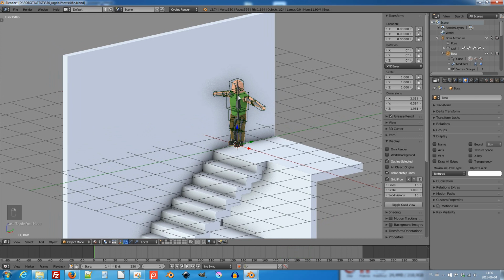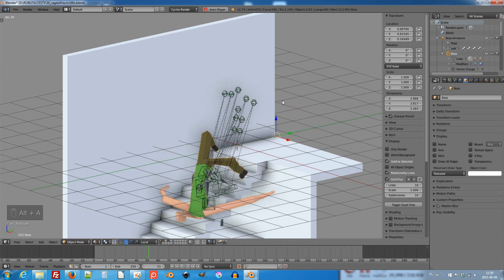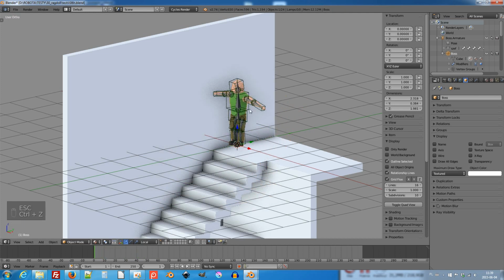If I want to move this man to another place, I can't make something like that because I must move all objects that create the ragdoll, and it will be very annoying to select every object every time.